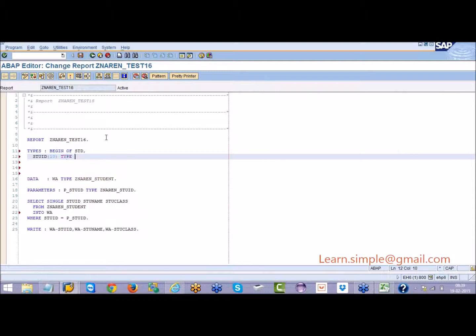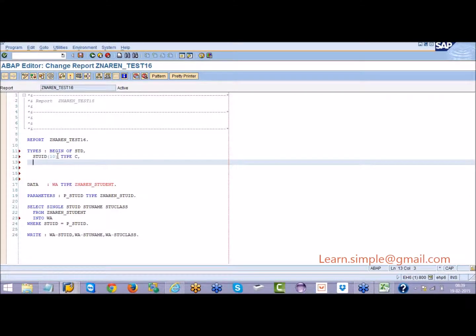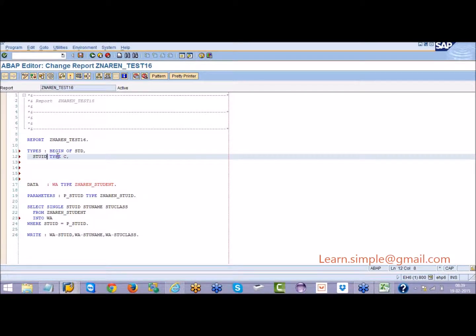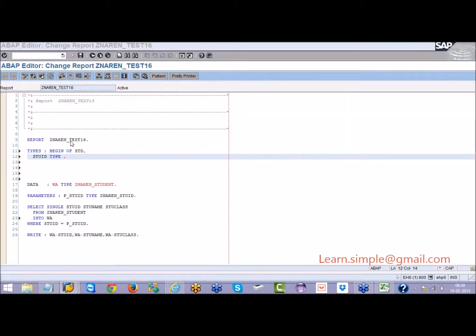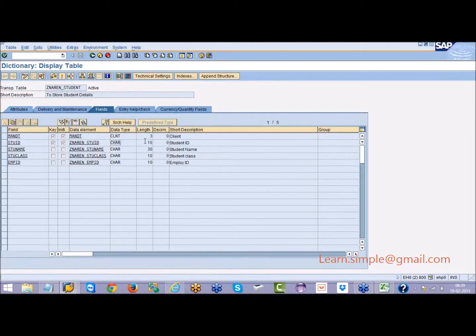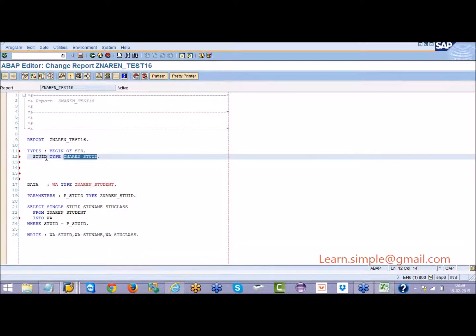Instead of giving it like this, the alternate way is, you can also say student ID TYPE the data element. The data element is already available in this table. So provide the data element. For this data element, what is the data type and what is the length? Data type is character, length is 10. So that will come to this particular field.